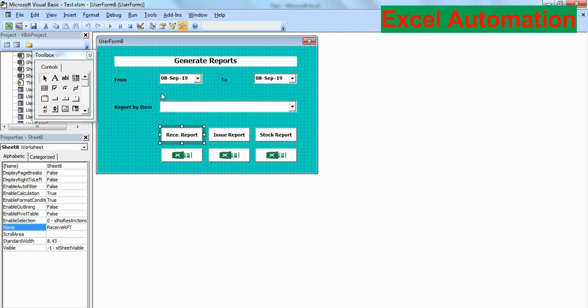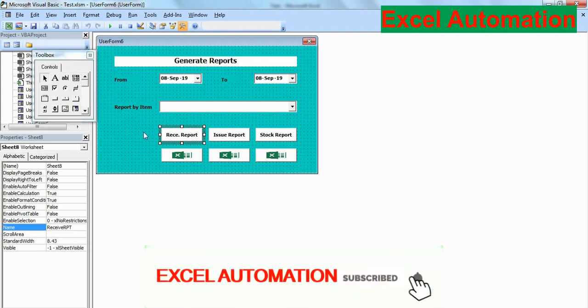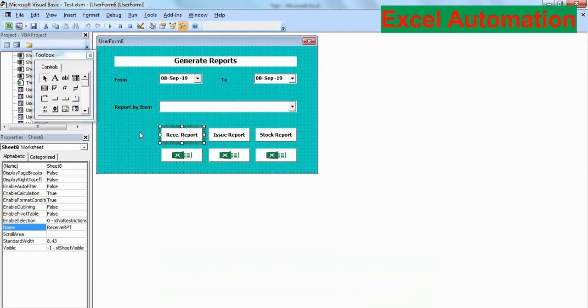One, we select two dates in these two DT pickers and click this receive report, so it will generate all the product transactions of received irrespective of product name. The second condition is that when we select two dates and also a product, it will give the report only for the product we select in this combo box, within the date range.